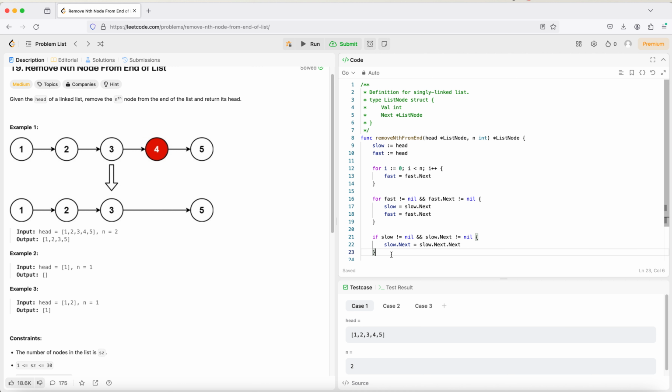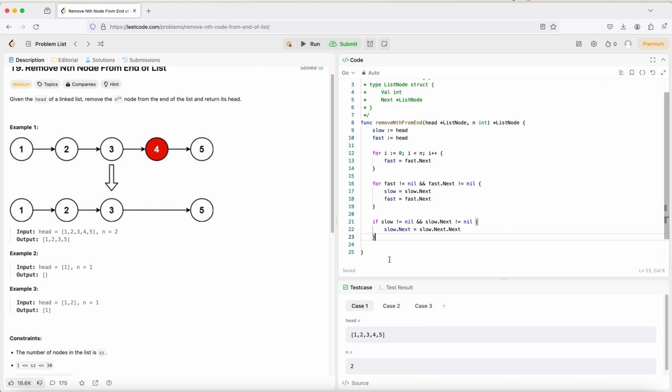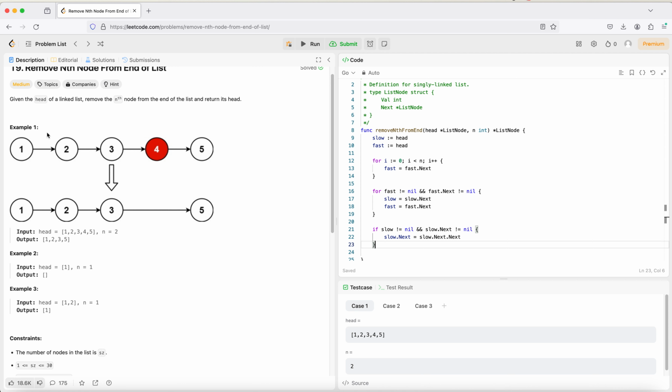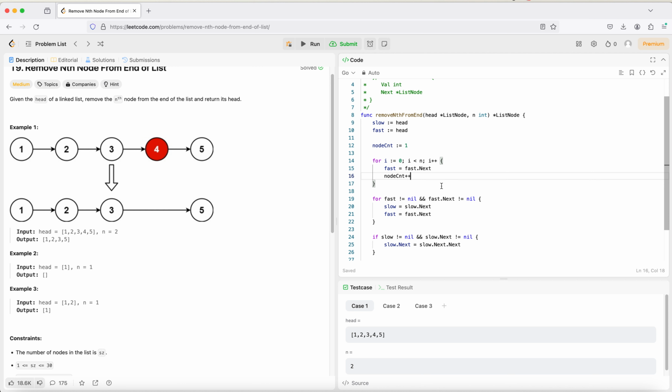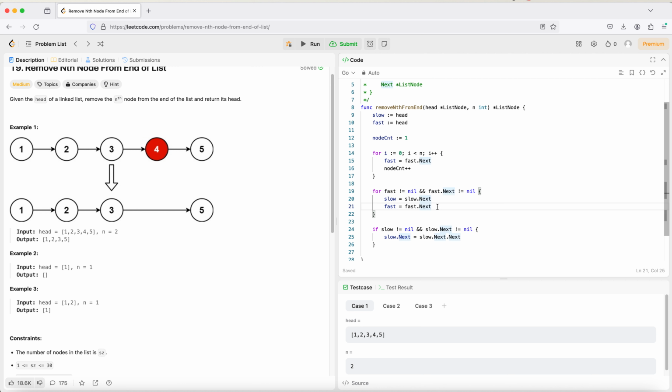So that's what we did. Let's run this. We need to handle this case also. So let's add for that, let's say I will call it node count, and in the beginning I can set it to 1. The node count here is incremented, and here also we need to increment the node count,